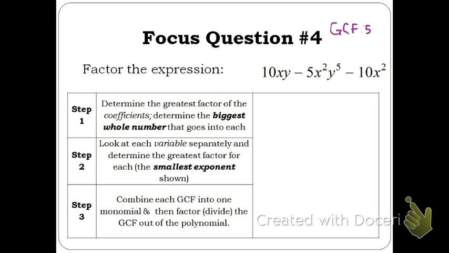When we look at the x's, all three terms have some factor of x, so we can actually use the lowest, which is just plain x. And then as far as y, we have y to the fifth, but there's no y here. So we can actually only use 5x in the GCF, and we're good to go. So let's get started. If we divide everything by 5x,